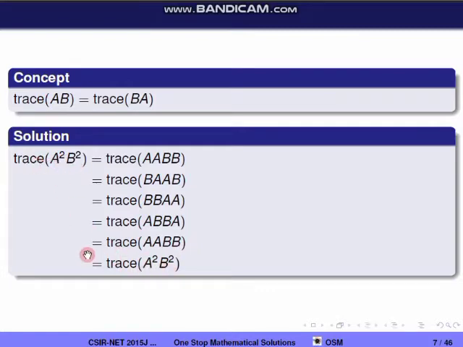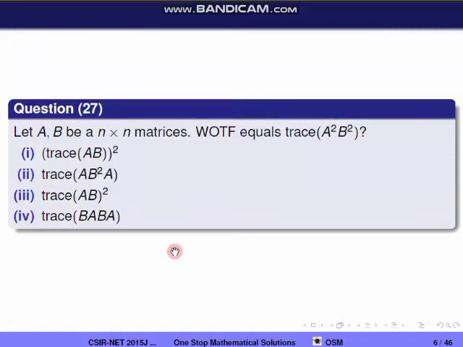So now we can stop that. So find which of the options is matching any one of these. So when we match that, we are getting that it is equal to trace of AB square A. So the second option is correct.